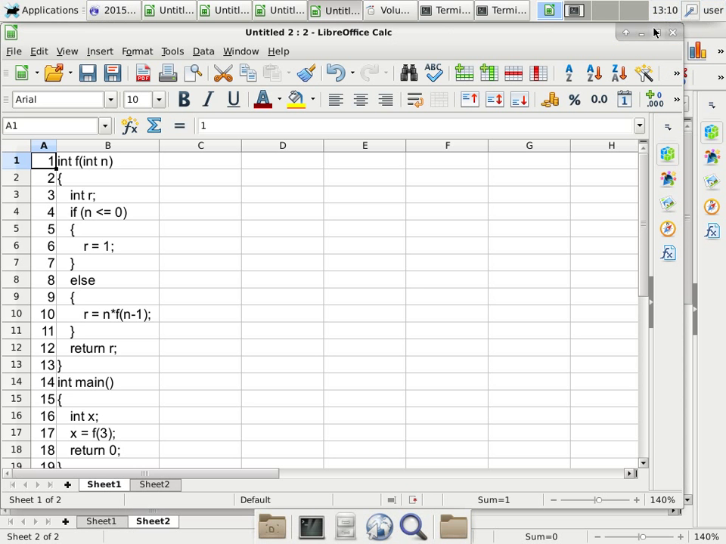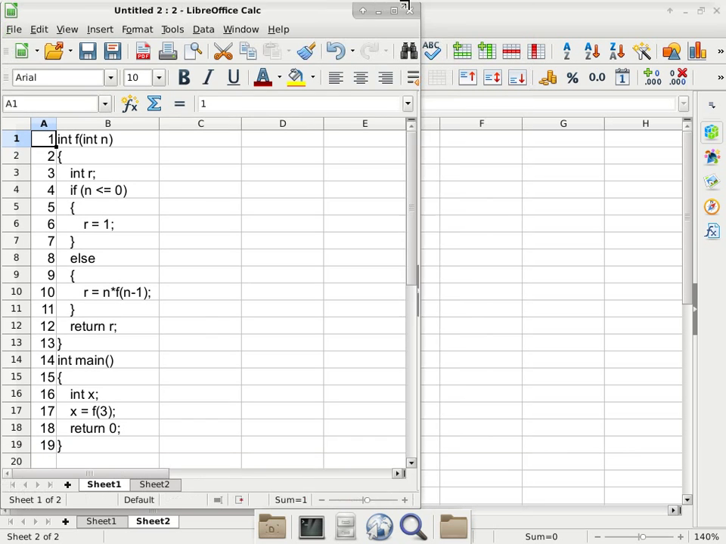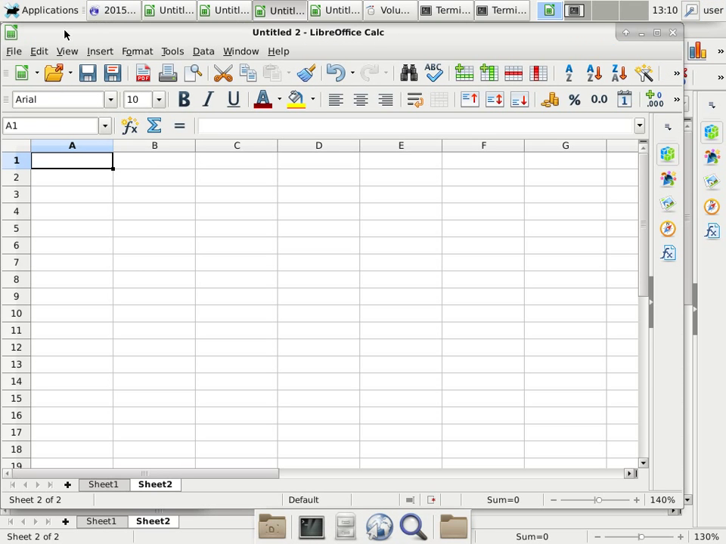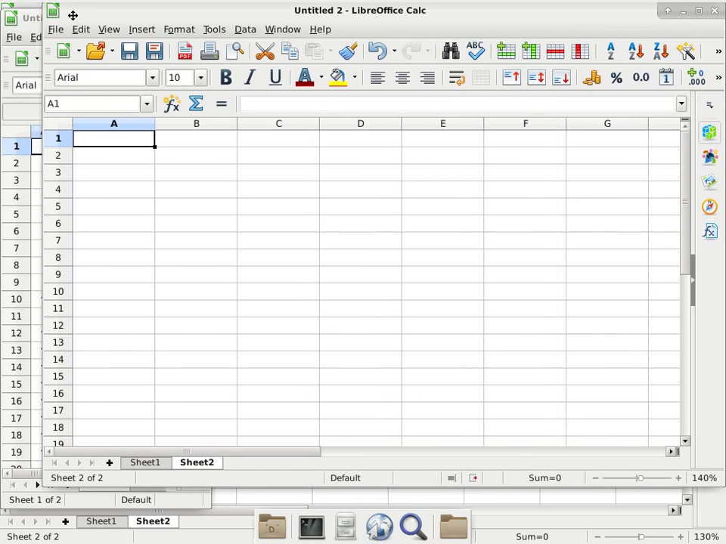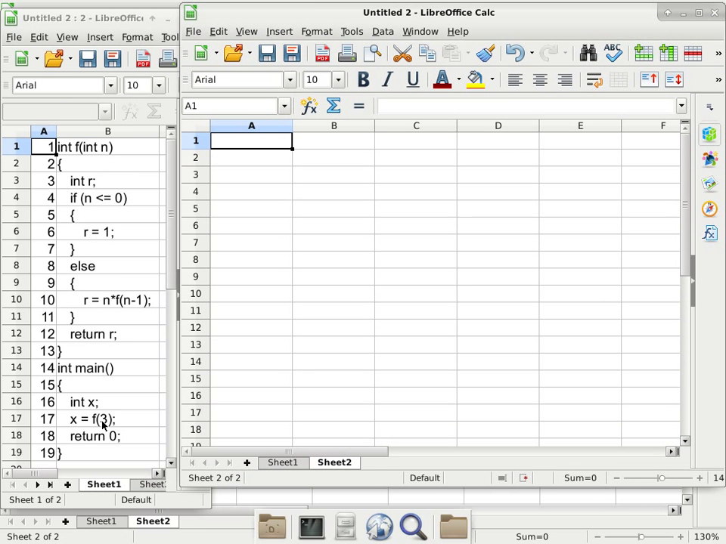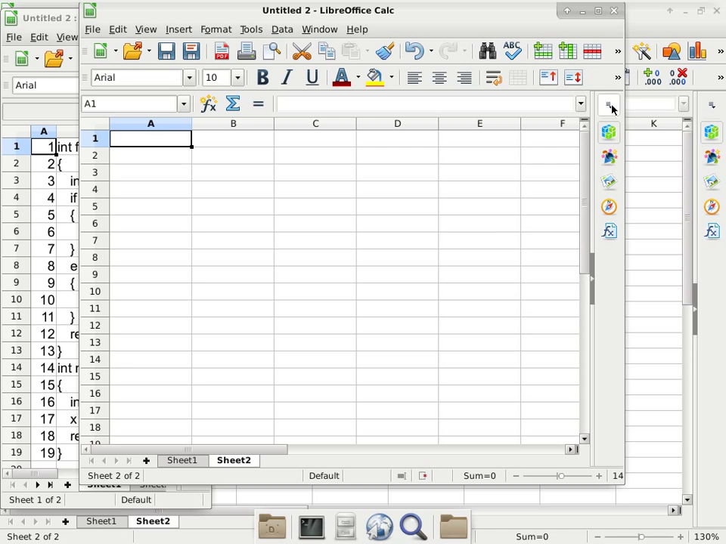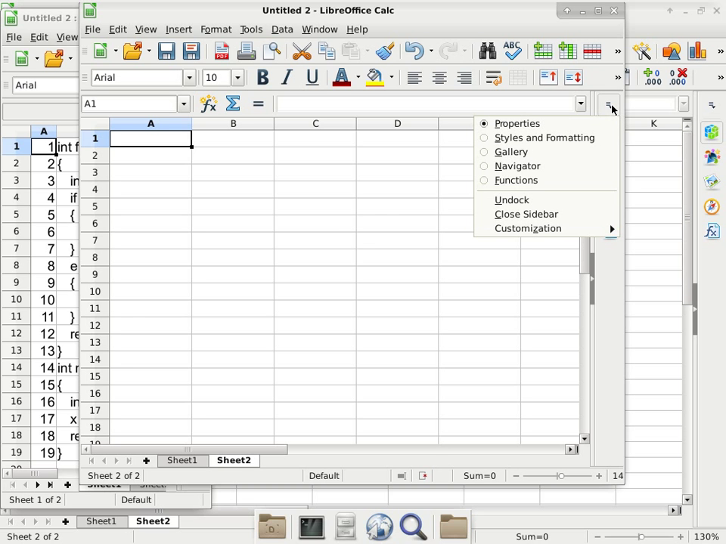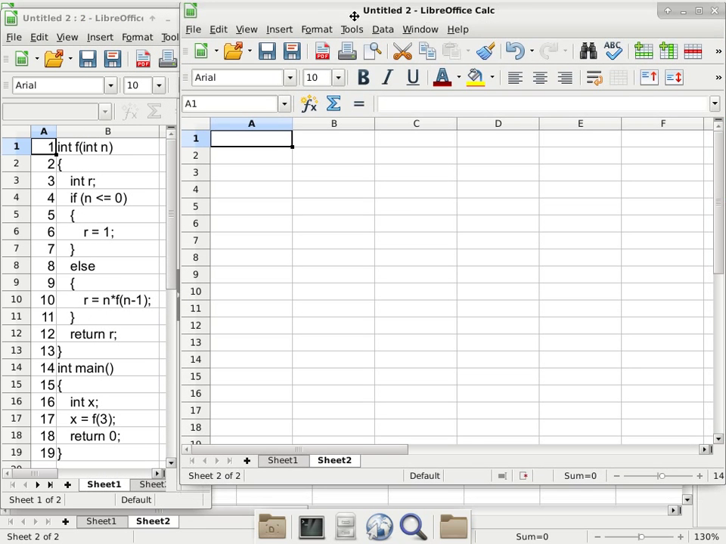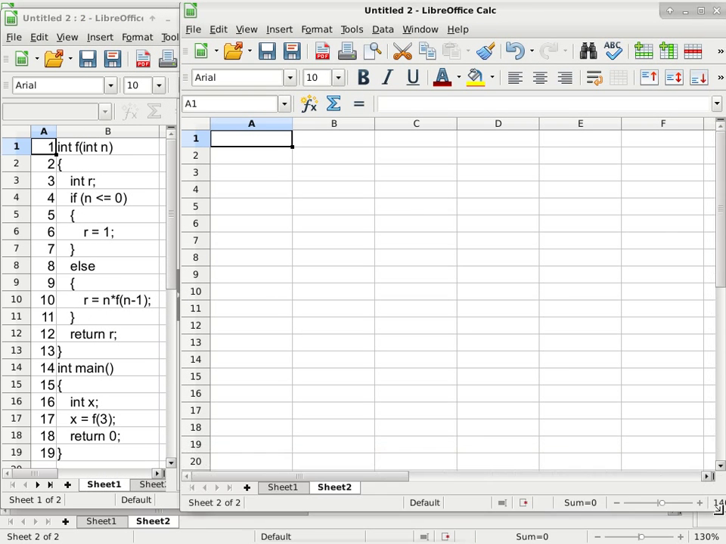With LibreOffice, and I think you can do this with Excel as well, you can open up multiple views of the same document. One view I use to view the program itself, and the other one for the trace itself. So that's why I'm switching. I want to get rid of this sidebar. Can I get rid of it? Close sidebar. There we go. I'm trying to maximize how much screen space I have for the trace